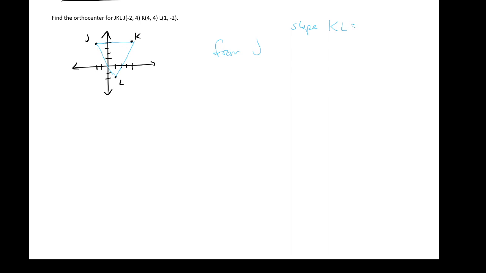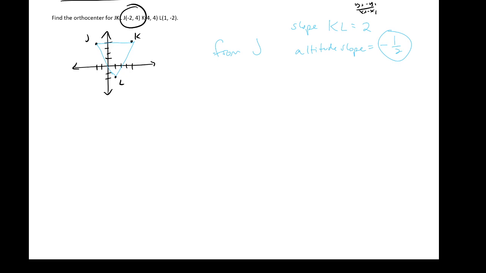We solve for the slope of KL, which, again, if you guys put that through the slope equation, right? Y sub 2 minus Y sub 1 over X sub 2 minus X sub 1, okay? I'm not going to go through that entire calculation for you, but the slope of KL is going to be 2, meaning that the perpendicular slope, or the altitude slope, being the negative reciprocal, is -1 over 2. Now, using point slope, point J, slope -1/2,